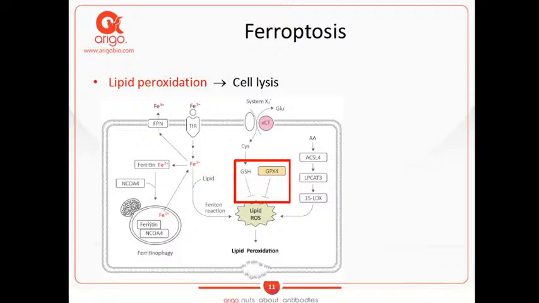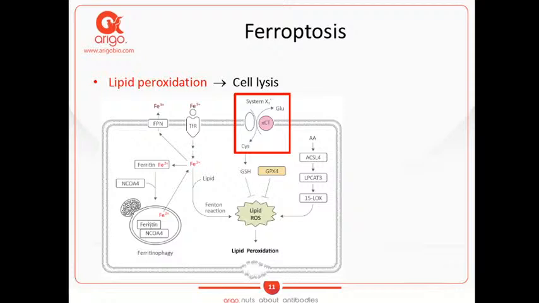Then the following ferroptosis is prevented. The glutathione is synthesized from cysteine, which is imported from the extracellular site to the intracellular site by cystine transporter SLC7A11. So the importing of cysteine for the generation of glutathione, then the glutathione can be used to reduce the lipid